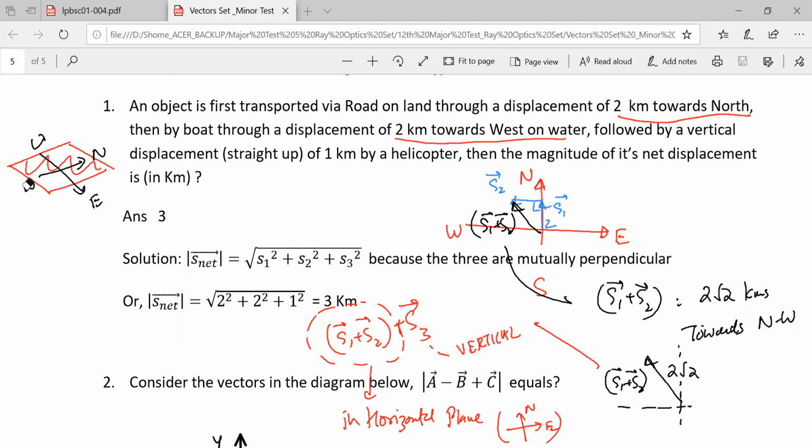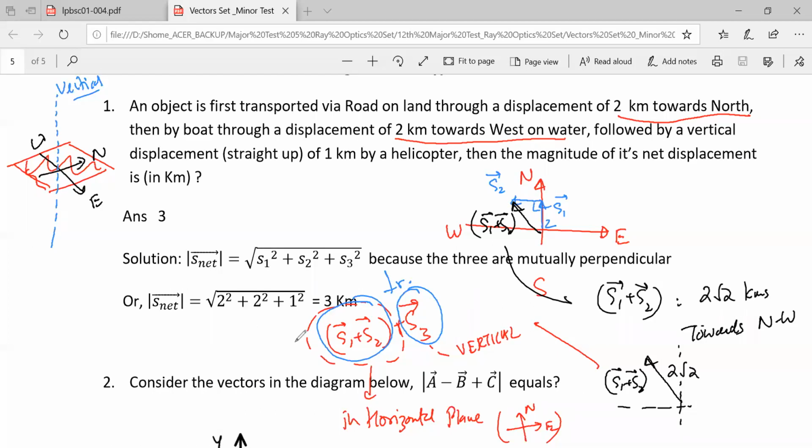But your vertical is a whole different thing. The vertical thing here is, the vertical is this direction. It's perpendicular to this plane only. The vertical is this. This is the vertical. So any line in the horizontal plane is perpendicular to the vertical plane. So इन दोनों के बीच angle कितना है? It is 90 degrees. Okay. So you're understanding. So this vector is perpendicular to this vector. These two are perpendicular to each other.